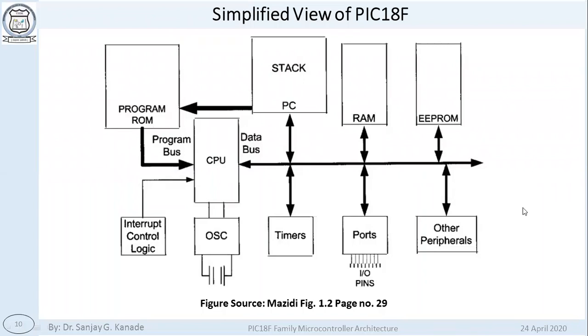We will continue our lecture on advanced microcontrollers and their applications, the architecture of PIC18F458, from where we left yesterday. We were discussing the simplified view of PIC18F458, where at the heart there is a CPU. As we have been discussing, this microcontroller has Harvard architecture, where program ROM and data RAM are different, or there are separate memories for program and data. This is the program ROM and this is the data RAM.